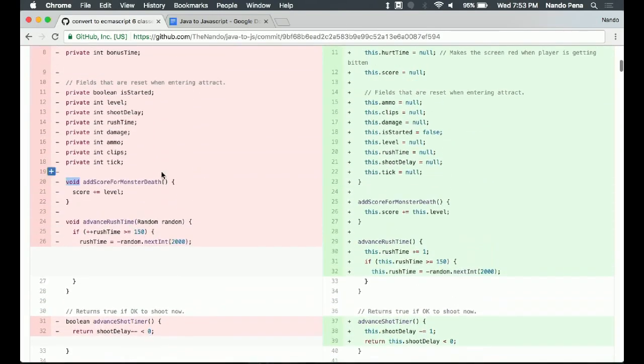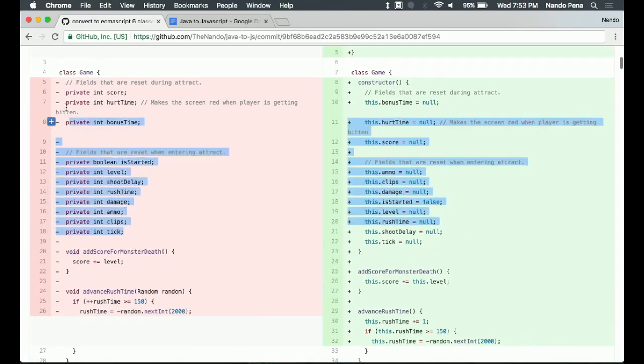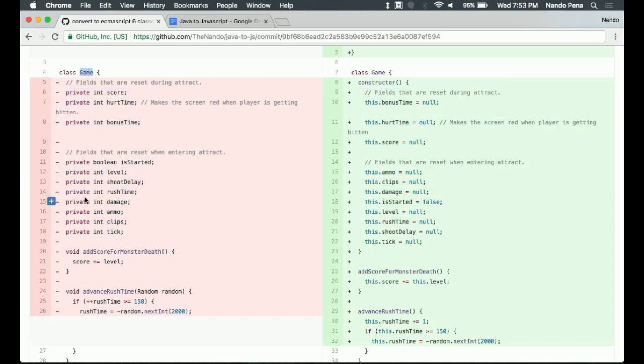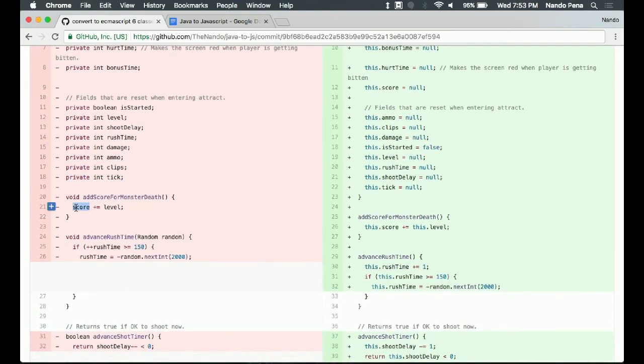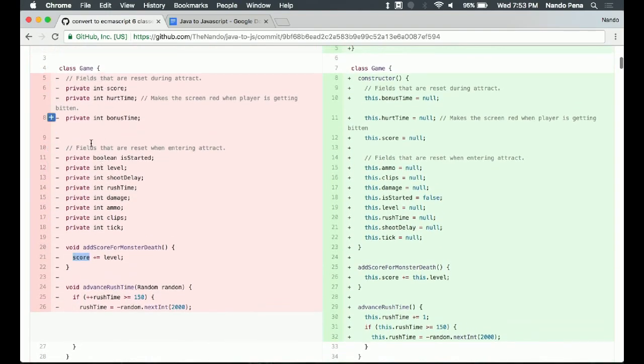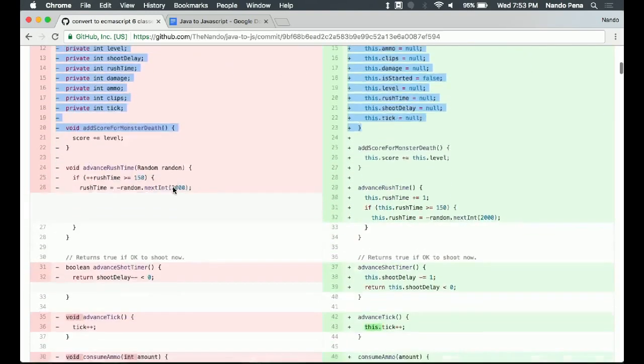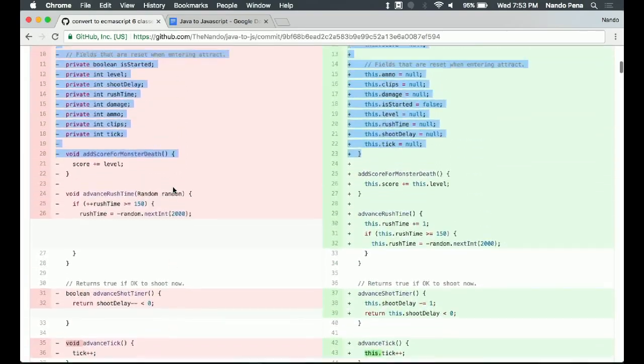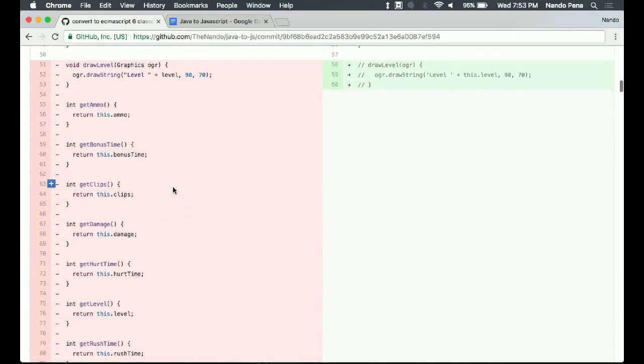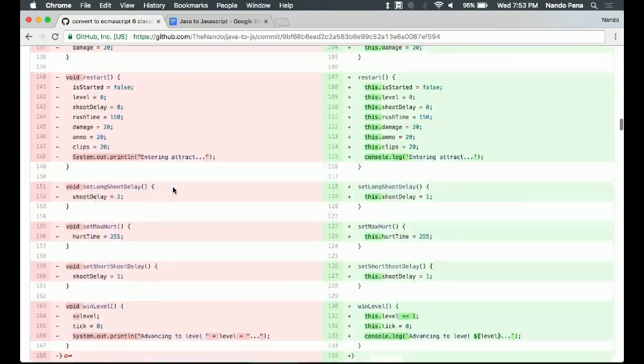Not only that, we're defining all of these here. These are all assumed to be class members on this left side here. These are all class members of the game class. So anywhere inside here, you can just refer to them, and it's implied that that's something happening in this class. On the other hand, if you're going to define a class member in JavaScript, you get a constructor function. This has a constructor function as well, but it's going to be called game, and I'm not even sure if this one had a constructor for this particular file.